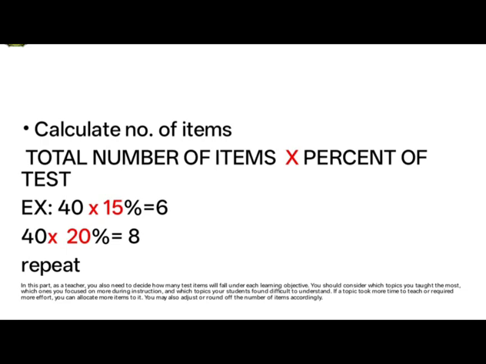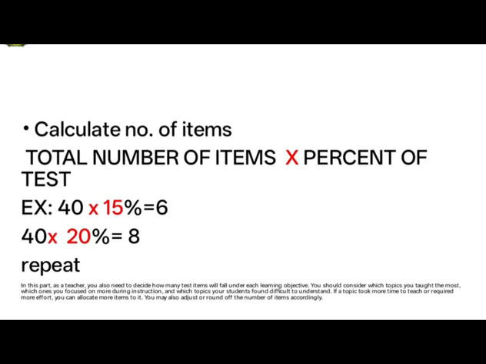Meaning, may 6 items tayo sa first objective. Second objective naman, meron tayong 8 items. Kung nababasa ninyo yung notes sa baba, as a teacher, pwede mo siyang bawasan, pwede mo siyang dagdagan, lalo na kapag mas maraming days mo yung tinuro. Pwede mong dagdagan yon, pwede mong bawasan yung ibang test item. As long as mababalance pa rin siya and may equal pa rin, masusunod pa rin yung curriculum or yung standard